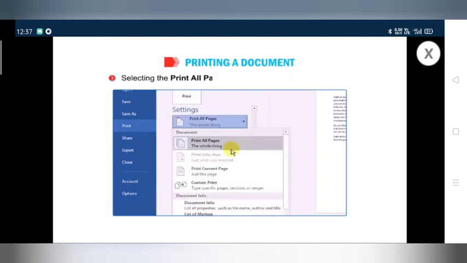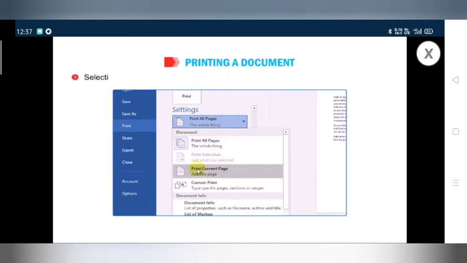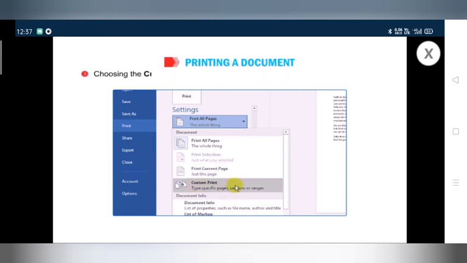Selecting the Print All Pages option prints the entire document. Selecting the Print Selection option prints only the selected text from the document. Selecting the Print Current Page option prints only the current page from your document. Choosing the Custom Print option prints the specified range of pages from the document.